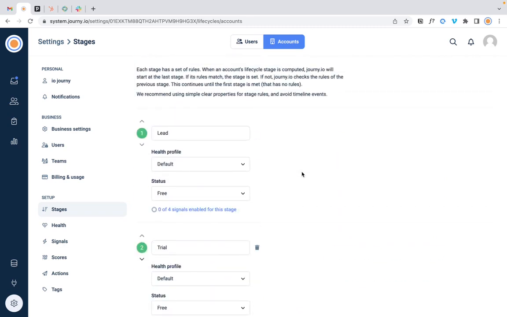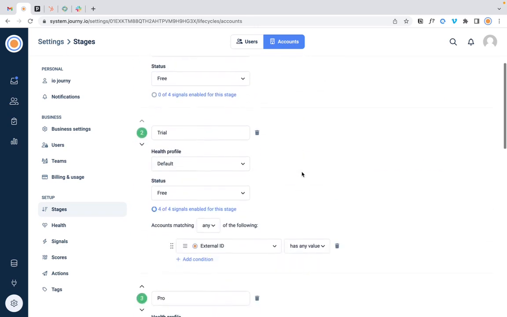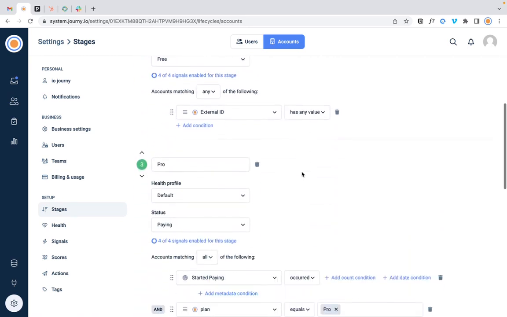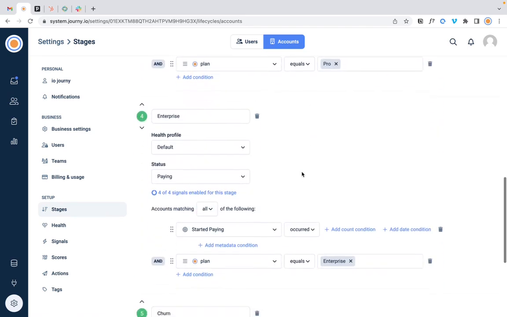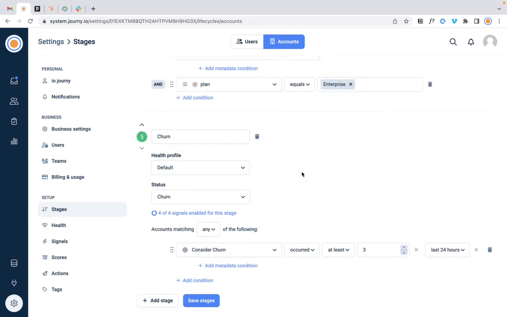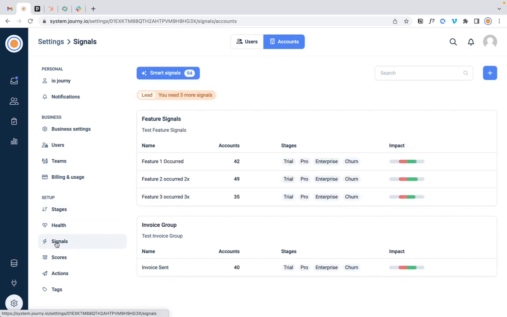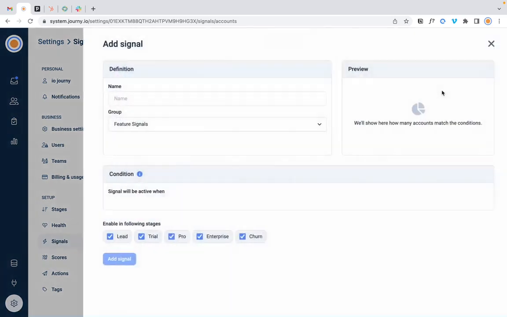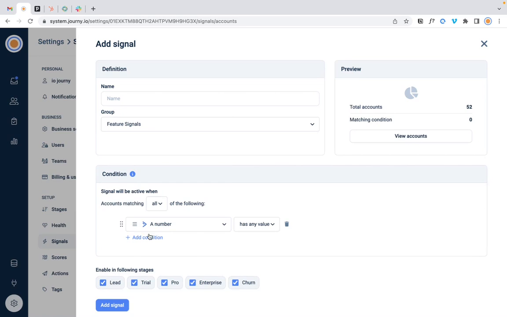A negative movement would be if somebody is going from free to a lower free, from paying to free again, from paying to churn, from free to churn. These are negative movements. Now, when we go to signals, signals are the cornerstone of our scoring systems. These are little checks that basically tell you if an account is doing certain things good or not good. And it's really easy. You just add a signal, and the signal basically is a small check